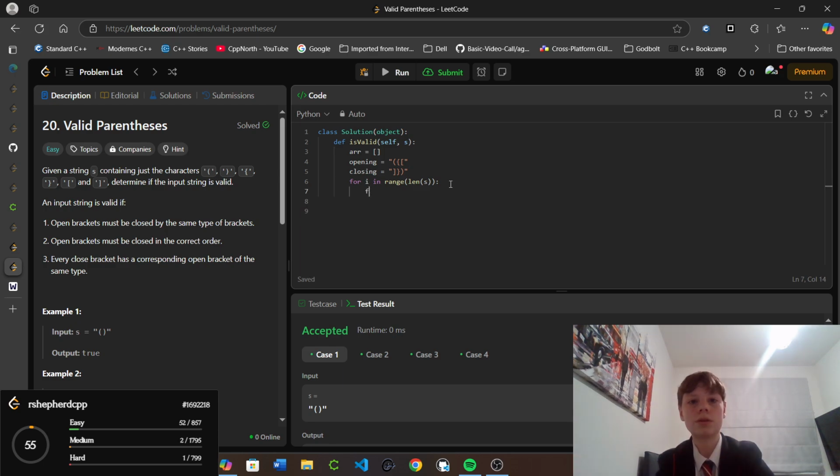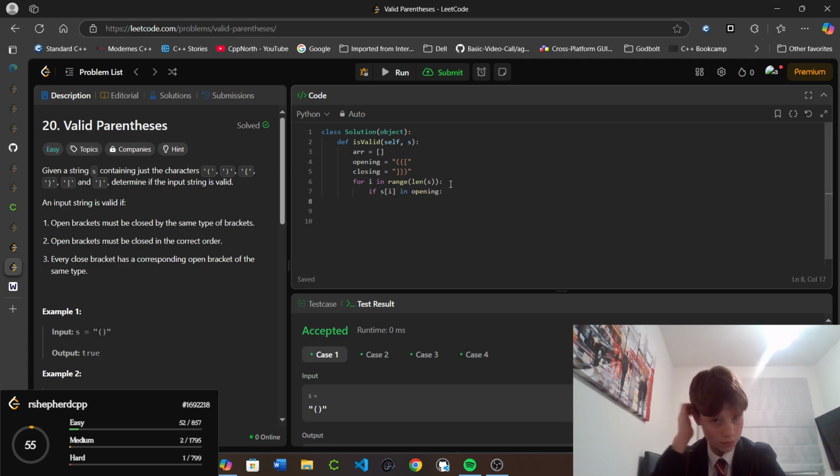Here we can do if s at i in opening, okay. If that's in opening, then we're going to append it, r dot append s at i. If s at i is in closing, then we're going to do